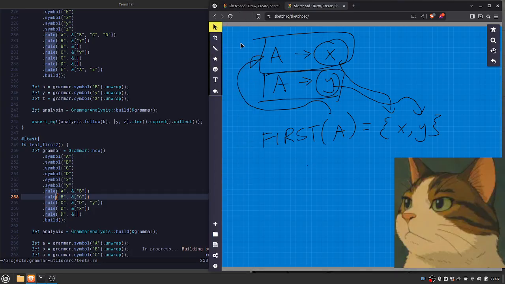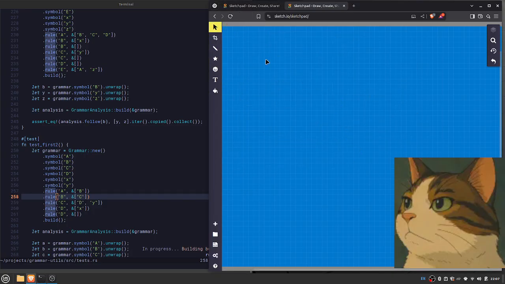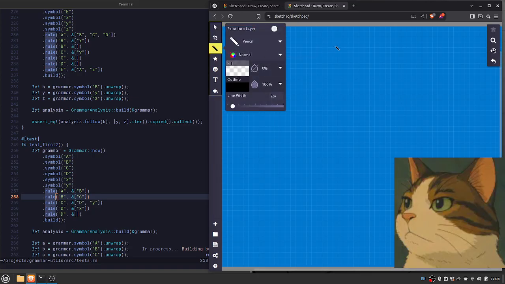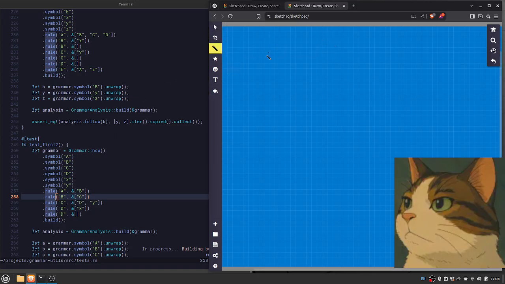Here is a more nuanced one. So test first 2 here. We're going to have A goes to B. We're going to have B goes to C. We're going to have C goes to D, Y. And we're going to have D goes to X. And we're going to have D goes to the empty production. We'll just call it epsilon there. That's this one down here. And what we want to do